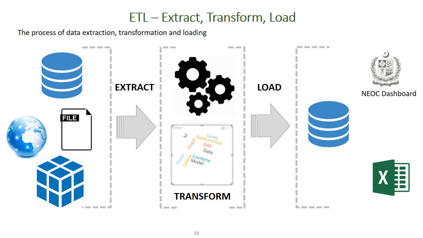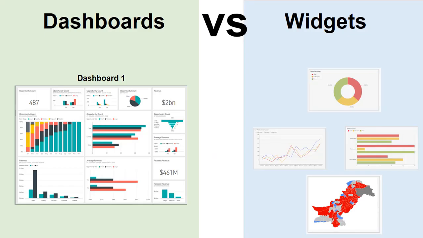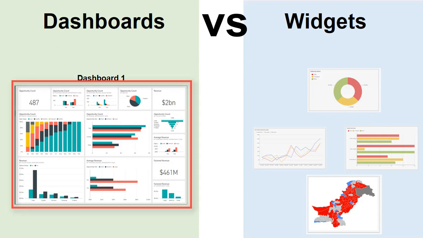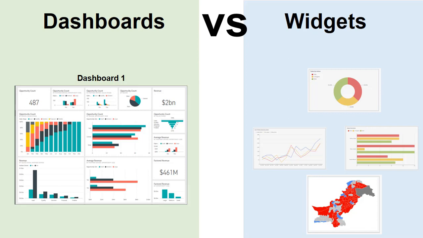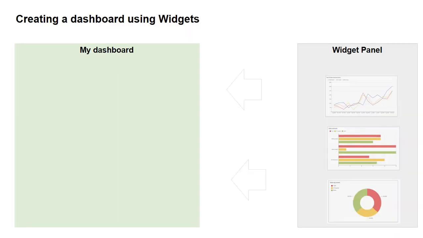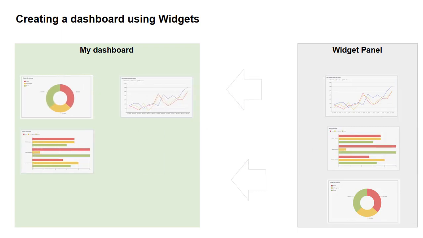There are two main components involved in understanding BI, which are dashboard and widgets. Dashboard versus widgets. A dashboard is an information management tool that visually tracks, analyzes, and displays key performance indicators, KPIs, metrics, and key data points to monitor the performance of a process. In a simpler way, a page which displays data. Display of data can be represented in the form of tables, line charts, bar charts, and visualized on the map. These small boxes of information are called widgets. We can rephrase the dashboard as a placeholder which can hold multiple widgets and can be used as a reference to group similar data information together.